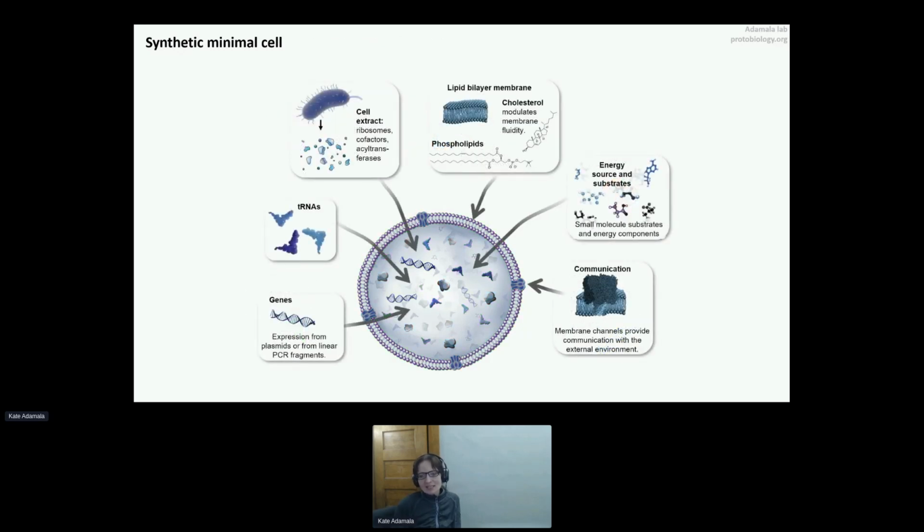When I talk about synthetic cells, I talk about liposomes that express proteins. So it's basically a phospholipid liposome with a DNA genome inside, membrane proteins on the membrane, and protein expression systems: ribosomes, tRNA, cell extract, well, most of the time we use a cell-free protein expression system. All that encapsulated in a cell that's about a micron to 5 microns in size. This is the chassis that we're working on.